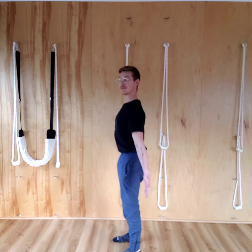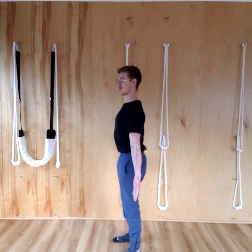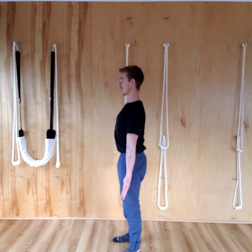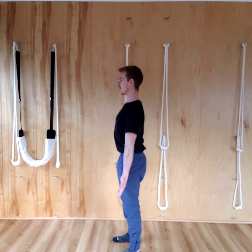start to bring my hands back just to where I find that I can keep that shoulder position. If I bring them back and my shoulders start coming forward, I know I've gone too far. So staying just in that line right there, holding for anywhere between 30 to 45 seconds, really trying to check